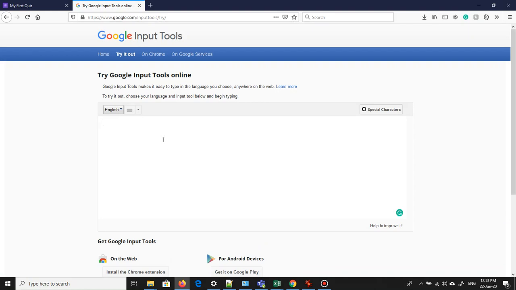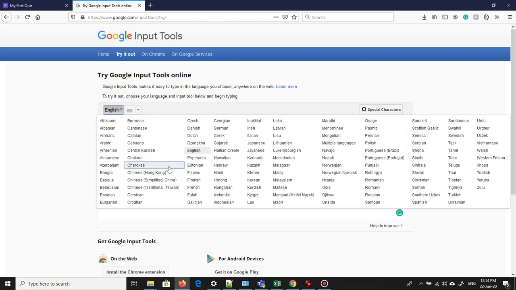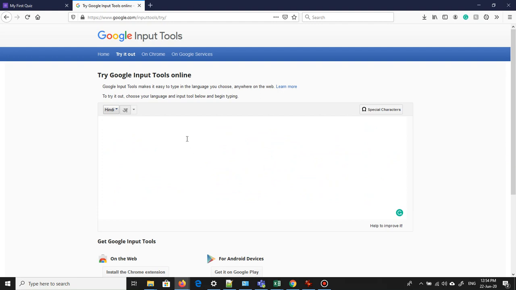Alright, now the tool to write in Hindi or Punjabi is in front of you. What you need to do is go to this drop down. Please remember, this is also a drop down. Because this is a large list, naturally they have given a drop down. I'll select maybe Hindi because everybody knows Hindi. Select first the language in which you actually want the transcribing to happen.